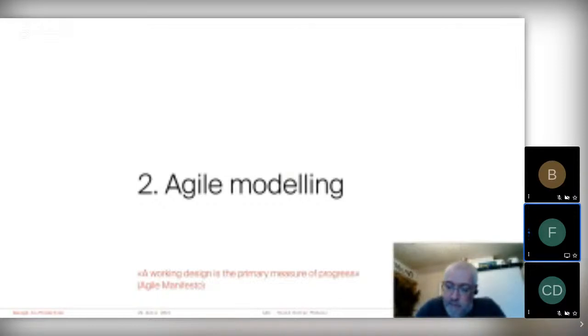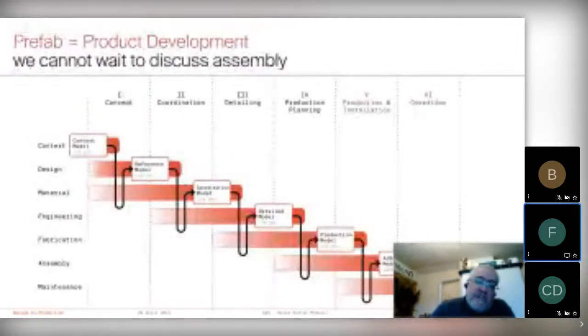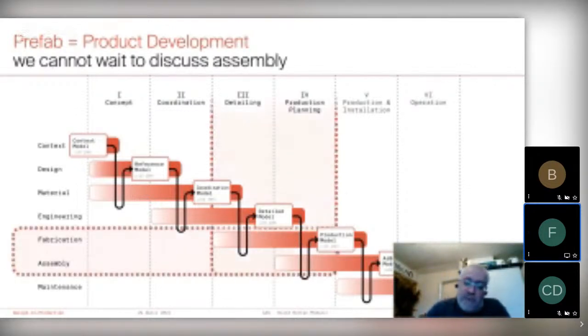Now in the building industry, we cannot have smaller buildings that are working throughout the planning project until we have a bigger building at the end. But on the modeling side, this works very well, actually. So instead of using this waterfall model, we agree that prefabrication actually is product development, and we cannot wait to discuss assembly later on in the project. Okay? To give you an example from Swatch,